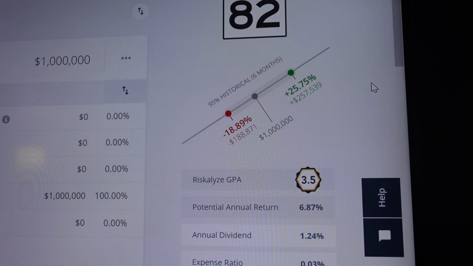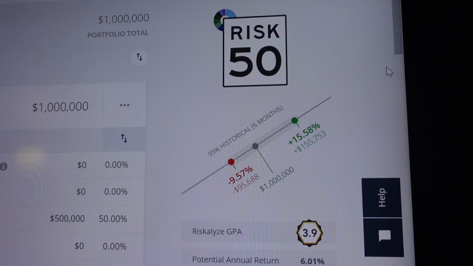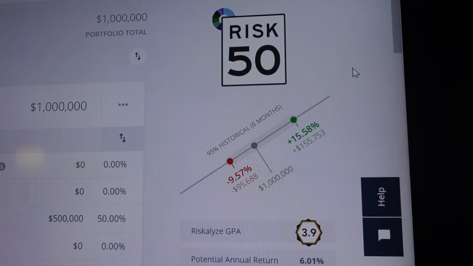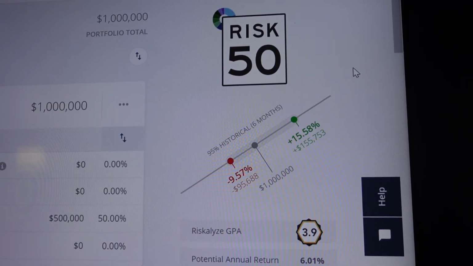So now we're going to look at just kind of an average client. Now, this isn't an actual client's portfolio, but this is just a mix of investments that we use, to get that client a nice 50-50 risk score, nice and safe, not in cash, but in something that's going to get us some sort of return. And as you can see, the risk number comes down to 50.